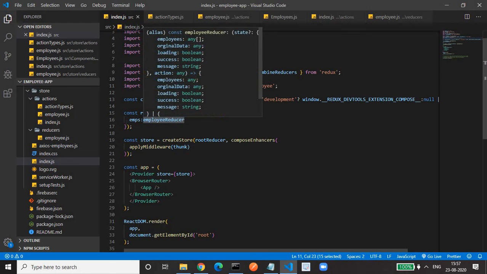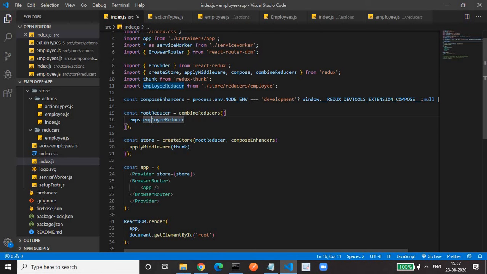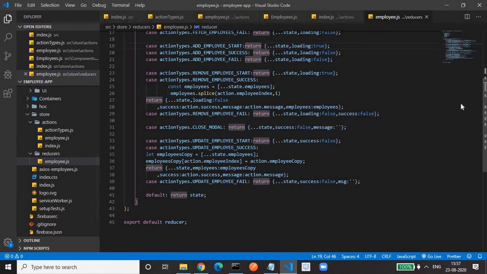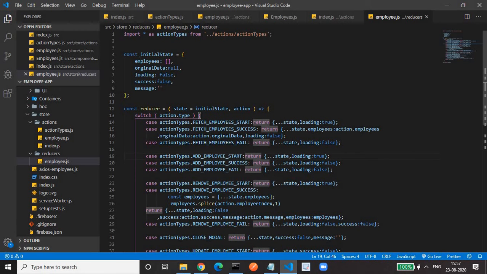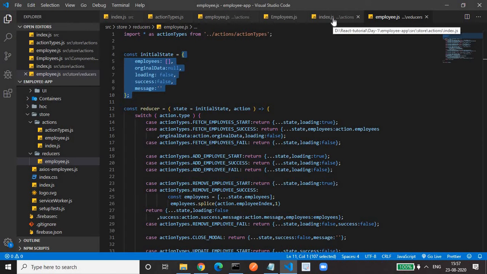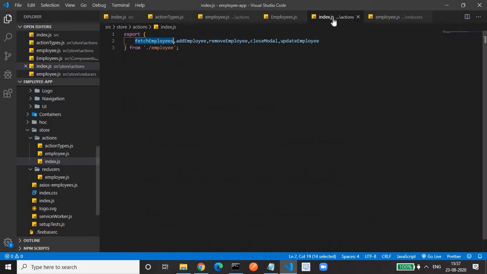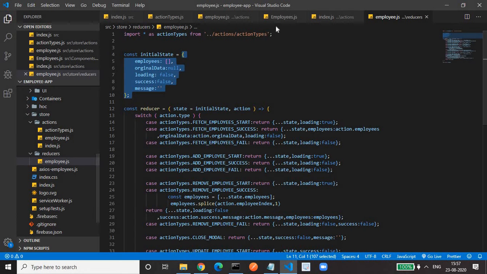This employee reducer contains the state, which has the properties. This state is an object, so we have to provide a key for this state. We have to provide a slice for this state.